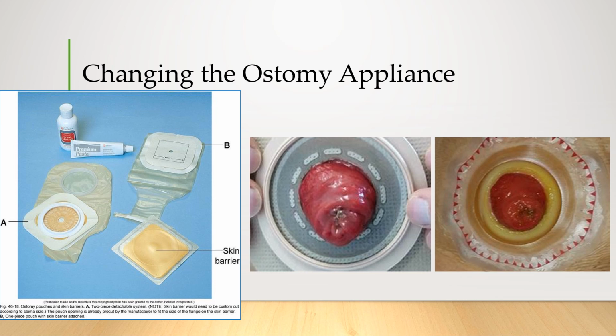When in doubt, we can always use our resources to help us determine what we should be using, and that resource is a special nurse who is specially trained in wounds and ostomies. All appliances have an opening at the bottom to allow for drainage of the stool. Some brands of the two-piece appliances don't have that opening, and we would just separate the barrier from the bag and then attach a new bag. It's usually really simple to care for these ostomies if the ostomy is regularly shaped, if it has no peristomal skin issues, and if the appliance works well. If we have issues with any one of those things, caring for an ostomy can be very difficult.